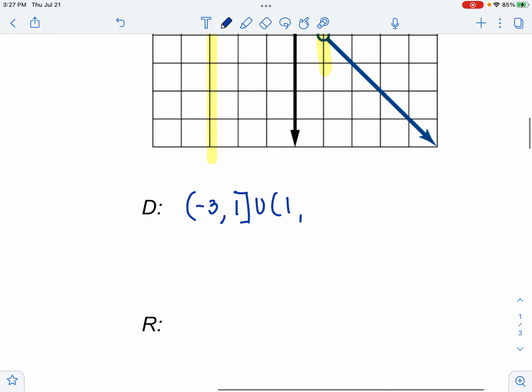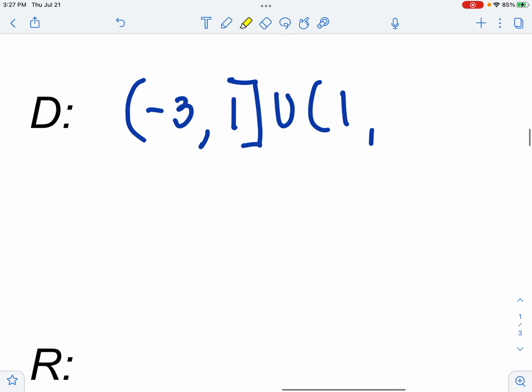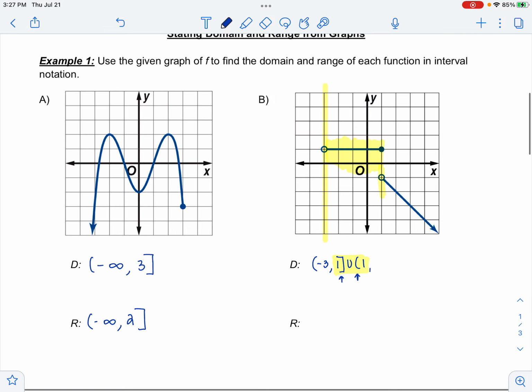Now, the reason that this is incorrect is because this right here does not make any sense. You're contradicting yourself right here. You're saying 1 is in the domain, but 1 is not in the domain. This says 1 is in the domain. This says 1's not in the domain. Which one is it? Are there any values at 1? Yes, there's values at 1. So we're not stopping the graph at 1, okay? So we're not going to say stop and don't include 1. We're just going to keep going, okay? So the graph keeps going